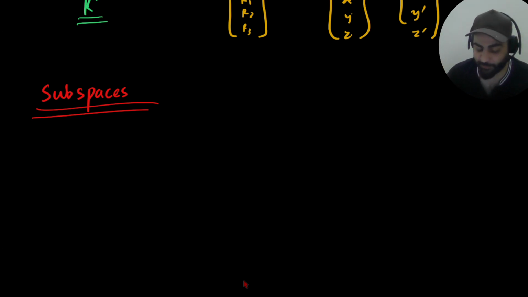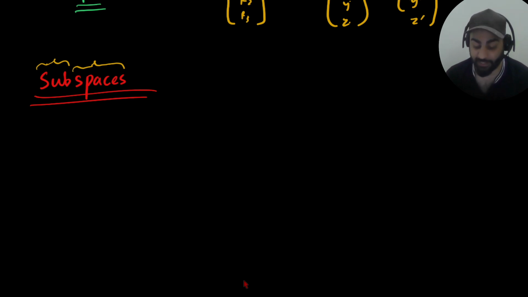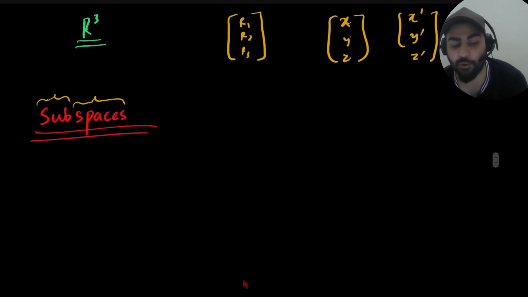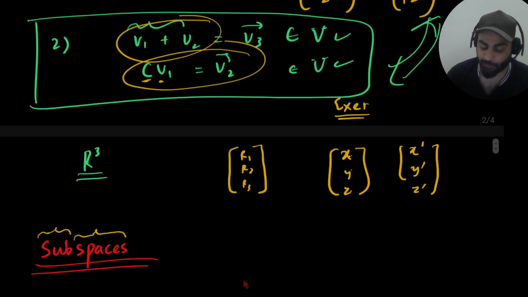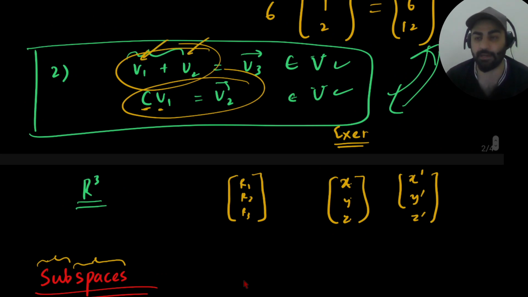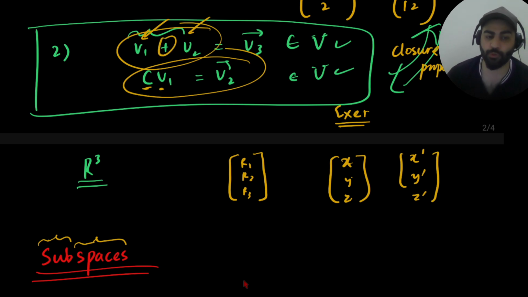So again, what subspace means: here we have this space, and it again should be a vector space. And there's the word sub. Basically, it should be a subset of some vector space, but it itself should be a vector space. I told you to check only two properties for a vector space. The first property is that if you add any two vectors at random from that vector space, the resultant vector should be present in that vector space. Similarly, if you multiply it by a scalar, that also should be present in it. This is sometimes called the closure property. We say that it is closed under addition and closed under scalar multiplication. So these are the properties you must remember. Okay,